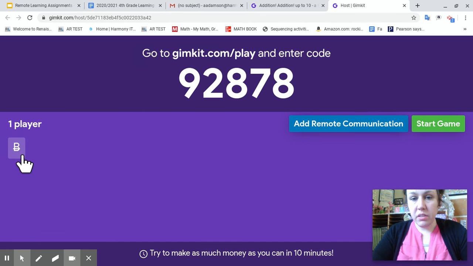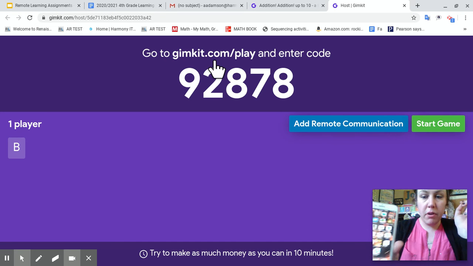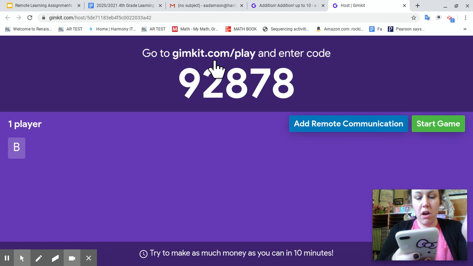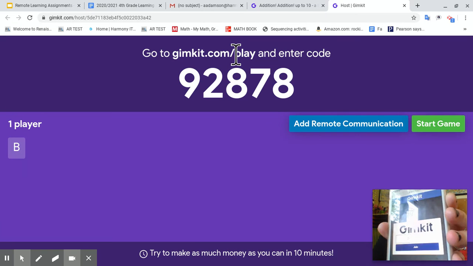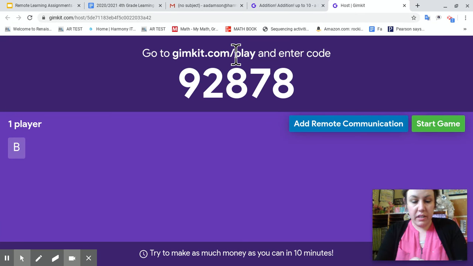So the way this works is you are going to go to gimkit.com/play. Now I'm going to do it from a device, so if you have a phone or a tablet, you can do it from there. So I'm going to go to gimkit.com, but you have to have /play. You are going to get a screen that looks like this, and on that screen, you're going to type in the code